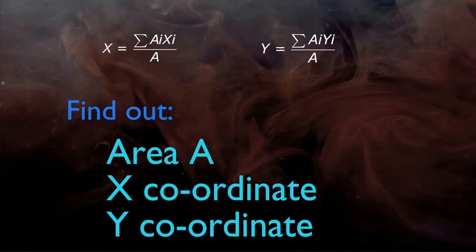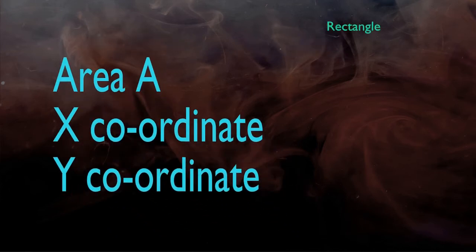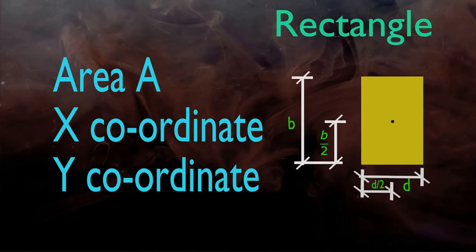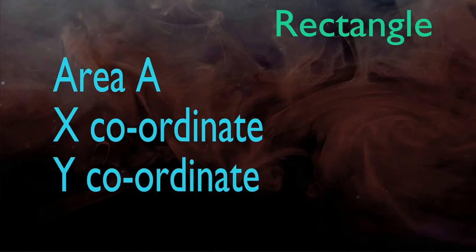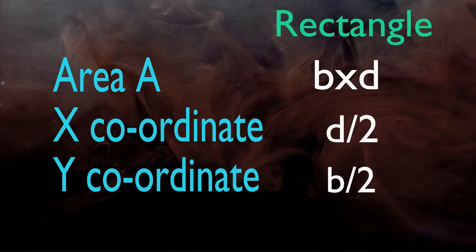In our case, there are two divisions and both of them are rectangles. So in general, the area of a rectangle is width multiplied by depth, and centroid coordinates are b by 2 and d by 2, depending on the position of the rectangle. Also, here all dimensions are in centimeter, so the unit of area will be centimeter square and the unit of x and y coordinates will be centimeter.